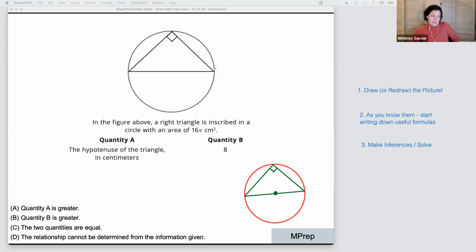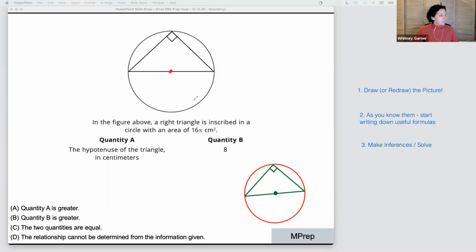Right. But here's the deal. This rule works either way. If I know that one side of the triangle is the diameter, I know that the angle across from it is 90 degrees, and vice versa. If I know that a triangle has an angle of 90 degrees, then I know for a fact that this line is the hypotenuse, is the diameter, which means